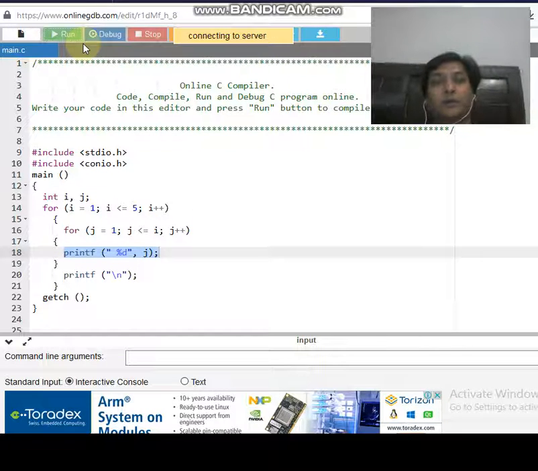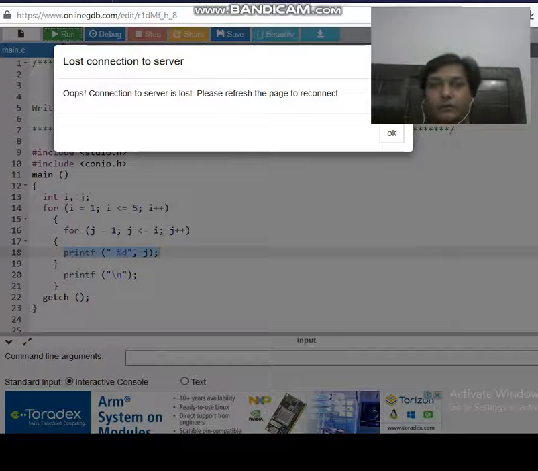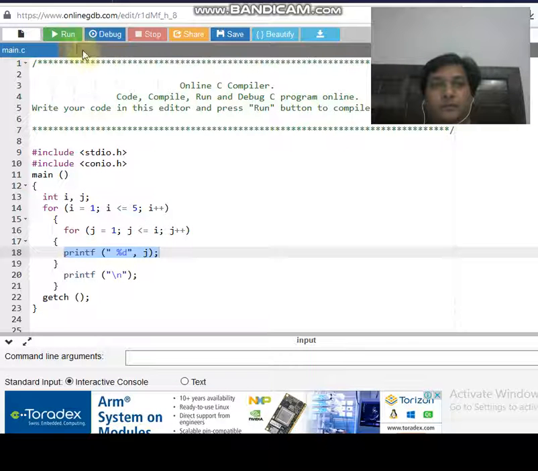We have to wait for a few seconds. It is getting connected to the server. It needs one more click.